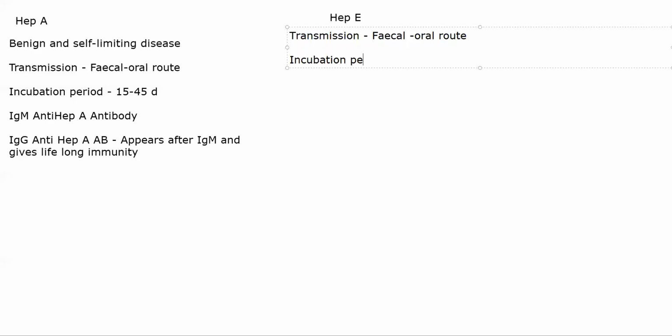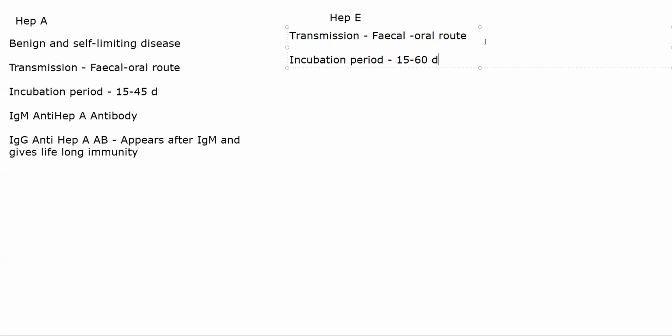The incubation period is between 15 to 60 days. During that period of time, the person will be relatively asymptomatic. Coming to antigens, it will produce a specific type of hepatitis E antigen itself. You'll be able to see either hepatitis E RNA itself, floating around in your serum, or you'll be able to see some antibodies, especially IgM type of antibodies.